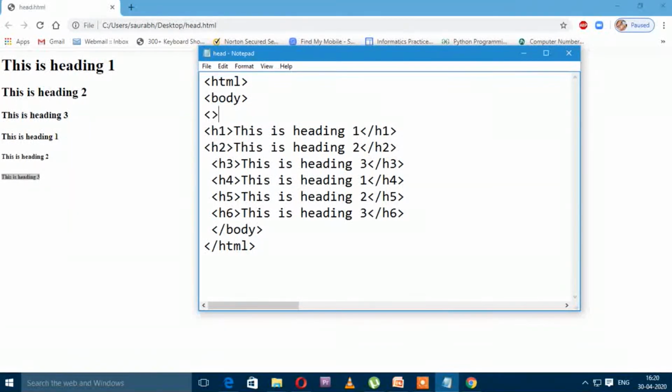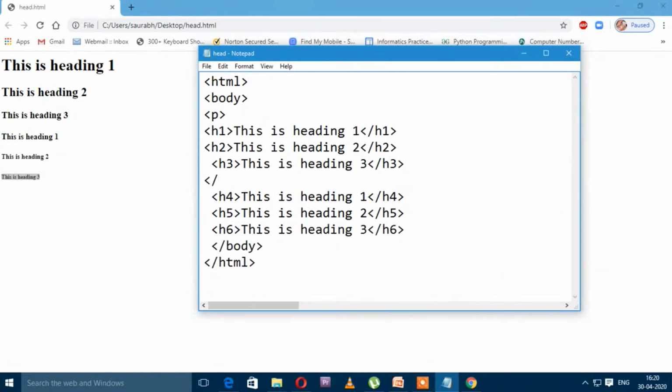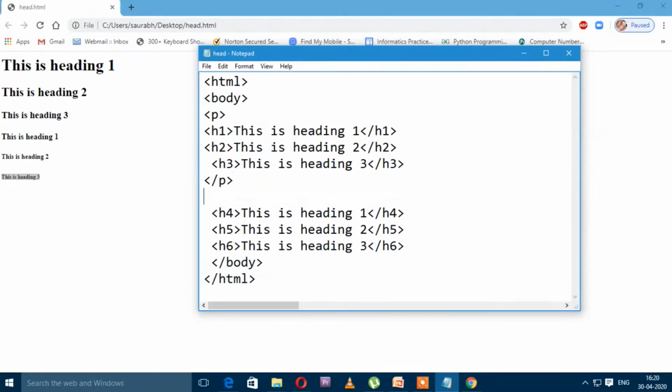After the H3, I will close the P tag because the P tag is also a container tag. After that, the next 3 different tags, I am again putting in a paragraph. We can make separate settings for these paragraphs.